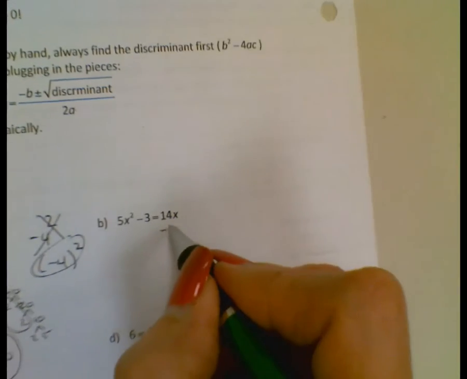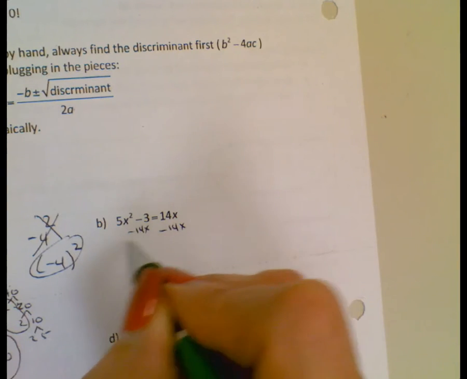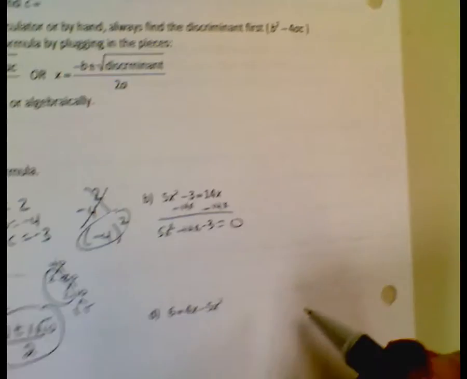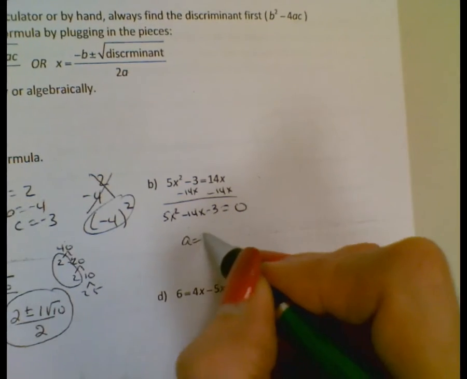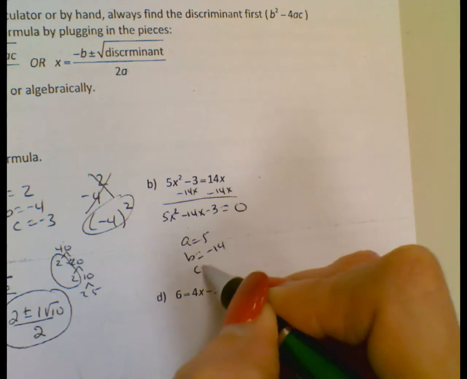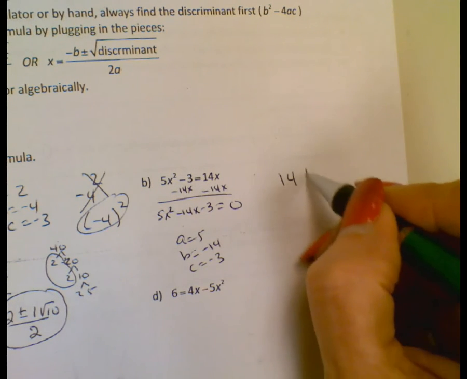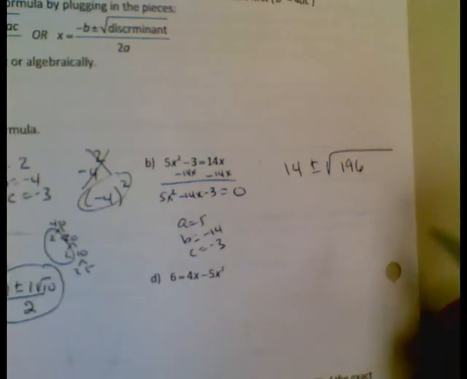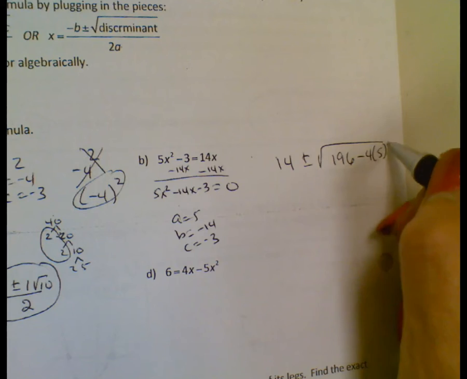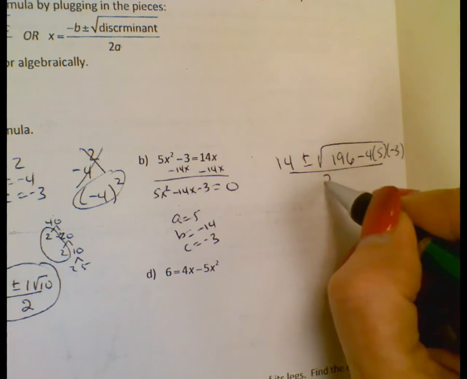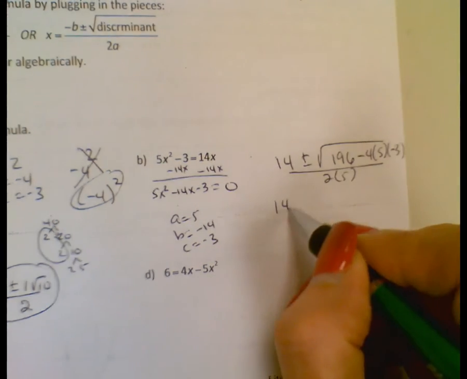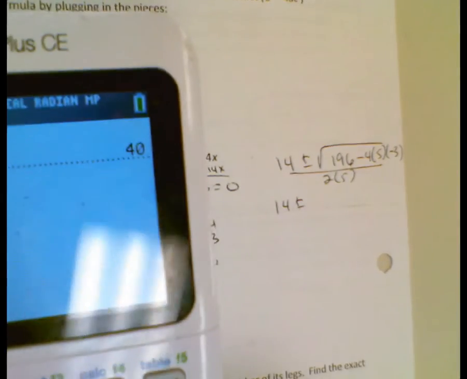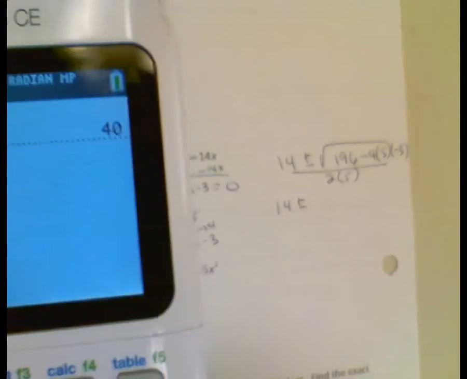So for B, it does not equal 0. So make sure you set it equal to 0. Squeeze that 14x in the middle. A is 5. B is -14. And C is -3. So the opposite of B is 14 plus or minus 14 squared, which is 196. You can do that right on your calculator. Minus 4 times 5 times C over 2 times A. So it's 14 plus or minus 196 minus 4 times 5 times -3 is